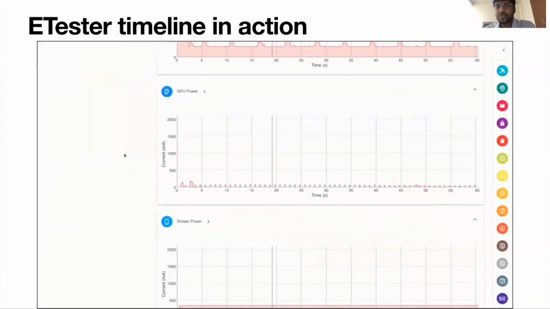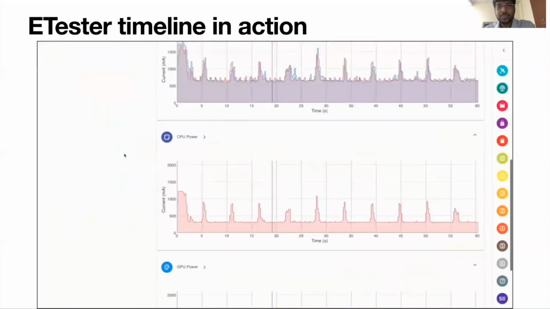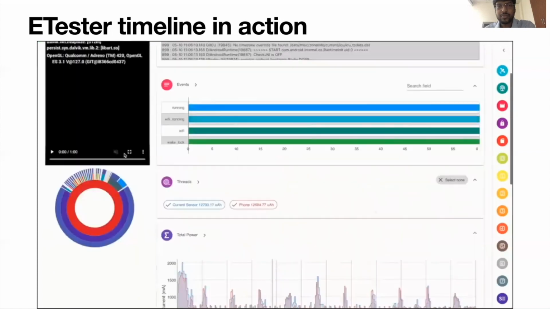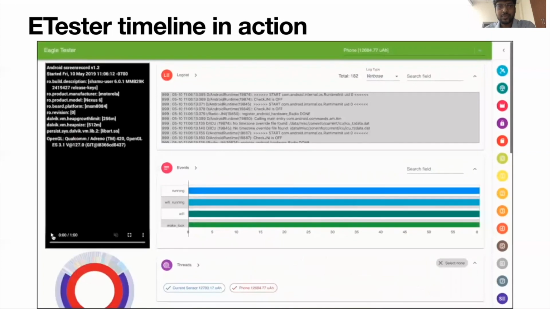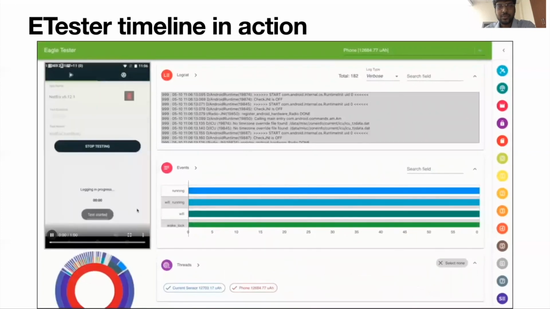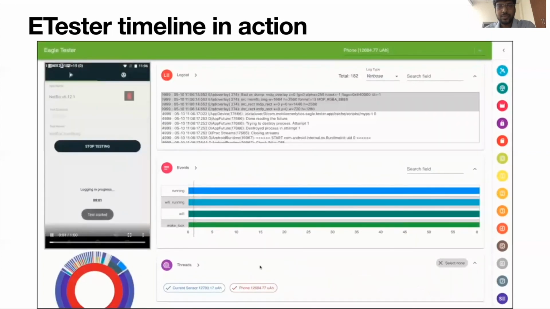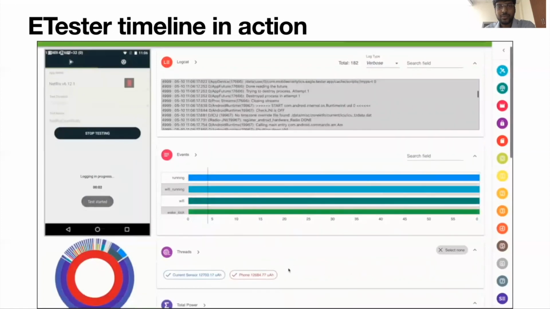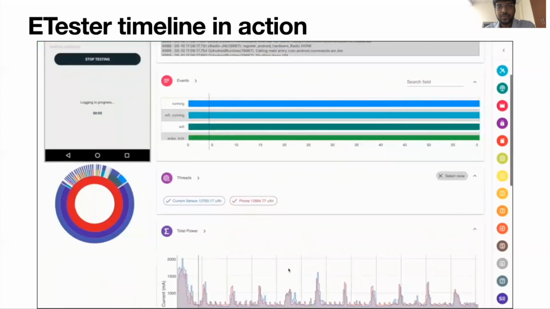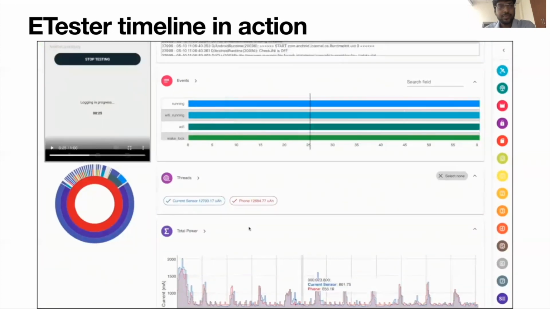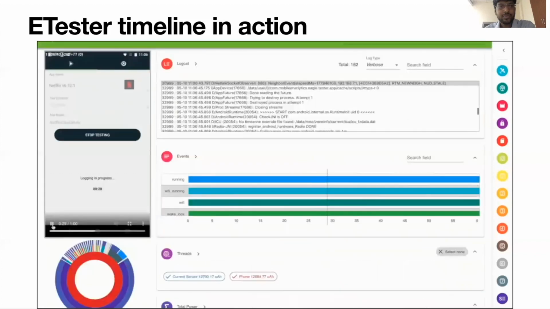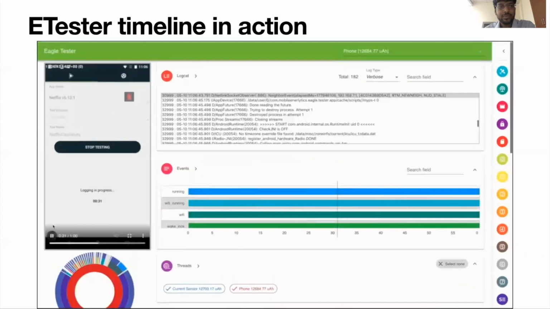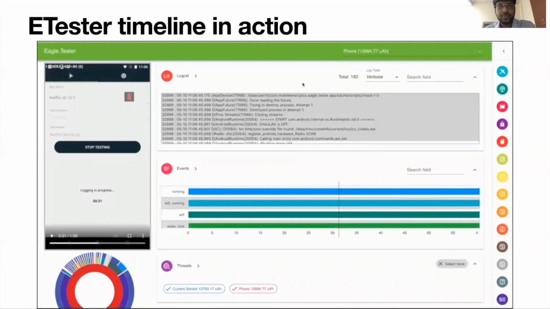Further, it shows a recorded screen video, which can be replayed in sync with the power timeline, which is useful for showing apps running in the foreground. Since Netflix was run in the background, the video only shows the eTester on the foreground. Since eTester performs whole system energy profiling, the initial power timeline shows the power draw of all processes running